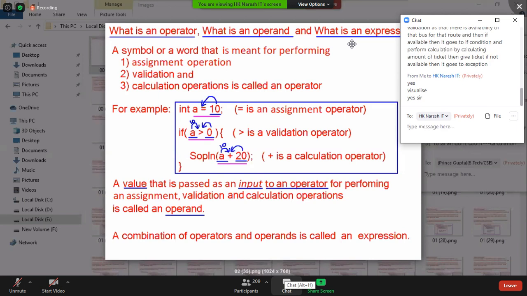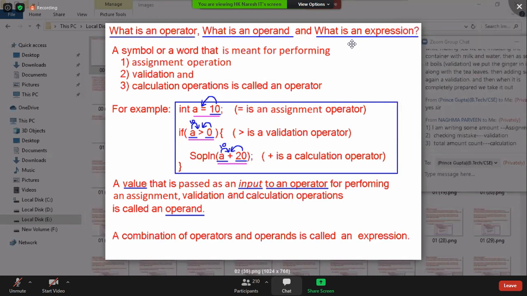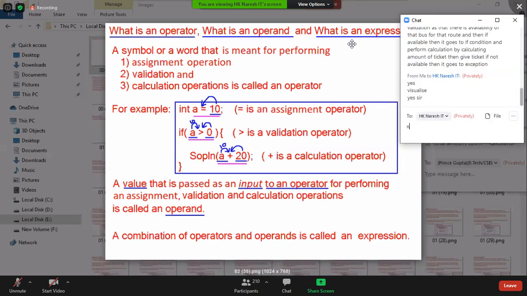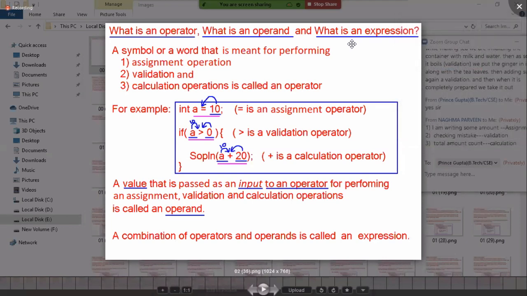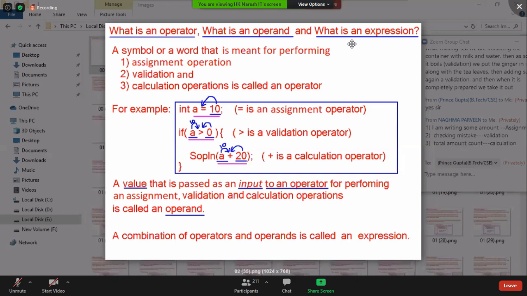So tell me, did you learn all these points in your academics already? Is it a revision or are you learning new points? Definitely you have come across all these words, but I don't know whether this much elaborated discussion happened in your academics or not. I'm just trying to introduce this chapter in my own way, in my HK style. That's it.